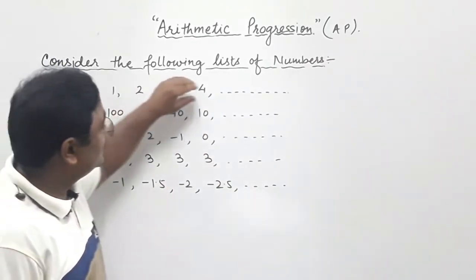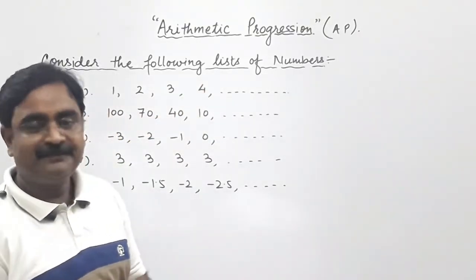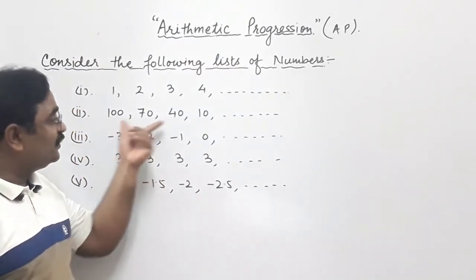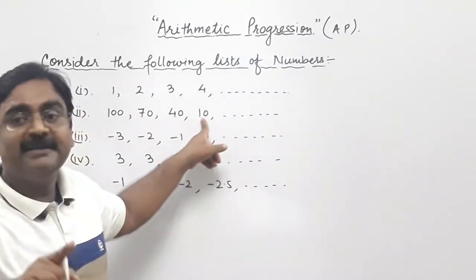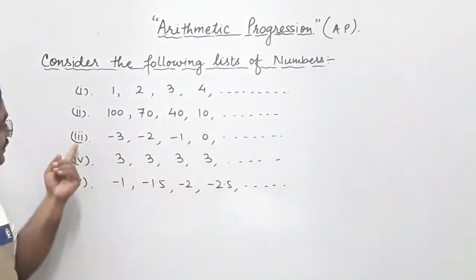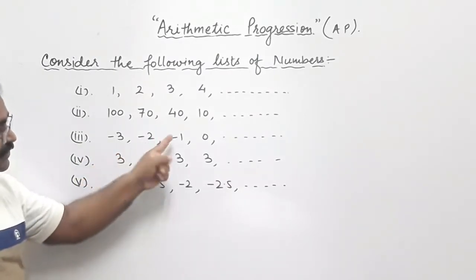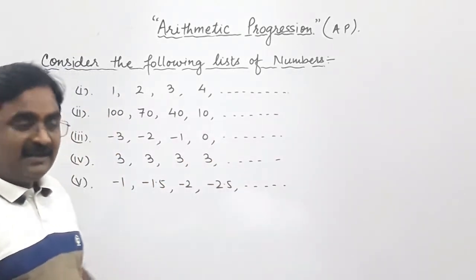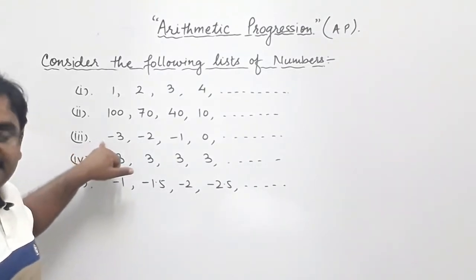So these numbers are following certain patterns. In this, as the difference of 30 is there, what will be the next term? When you subtract 30 from 10, that will be minus 20, right? See the next term, that is the third part. In this it is given minus 3, minus 2, minus 1, 0, etc. Let us understand the pattern in this example.